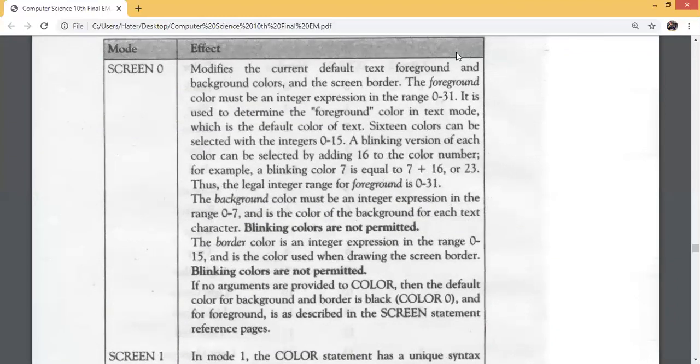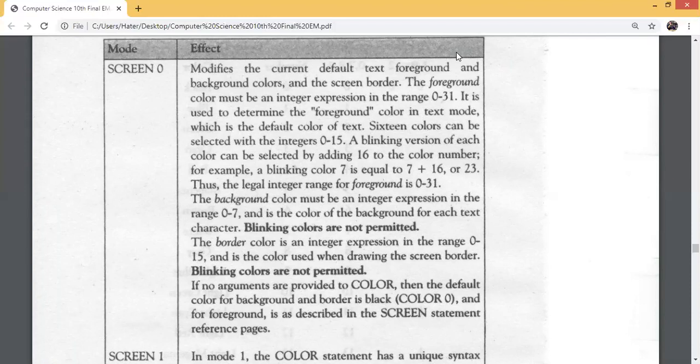These are all explained here. In screen 0, color modifies the current default text foreground and background colors and the screen border. We have studied that in screen 0 you can give the border color as well.